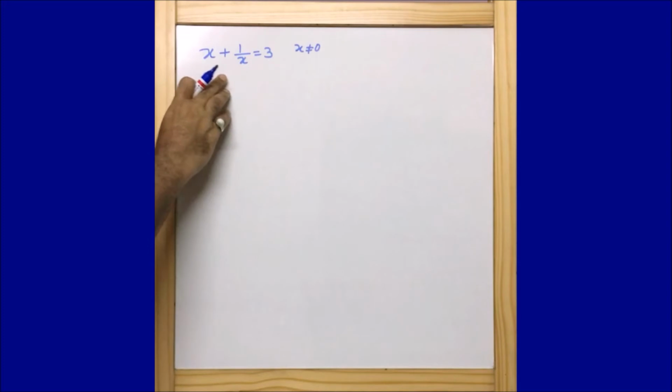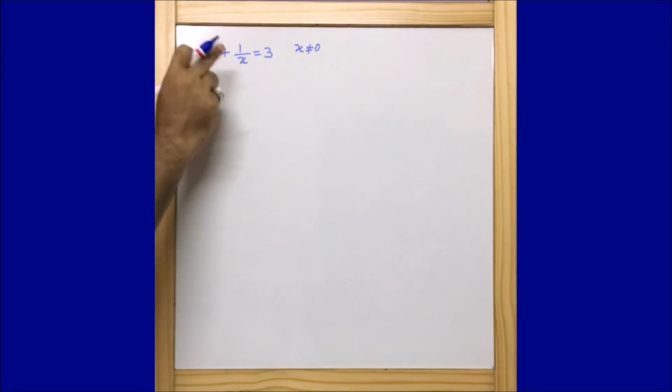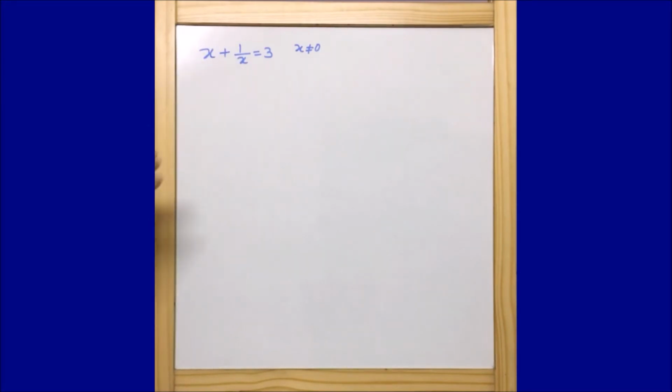Now whenever in a question you see something is 1 upon x, that means in the denominator you see some values or some x, y, z, then multiply that equation with that particular value, then you will see that it would be very easy to solve the equation. Don't panic whenever you see some values given in the denominator. So now here in the denominator we have x. So let us multiply x to the left side and to the right side of the equation.